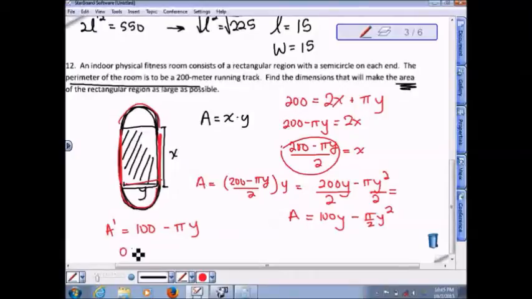So if we set this equal to 0, that means that 100 equals pi times y, divided by pi, and y equals 100 over pi. That's this part right here, 100 over pi. Now, to find x,